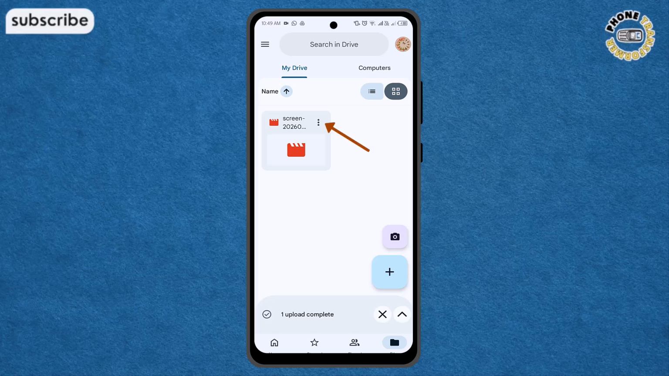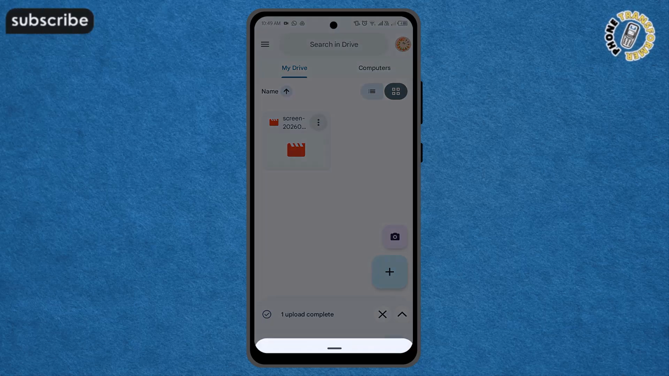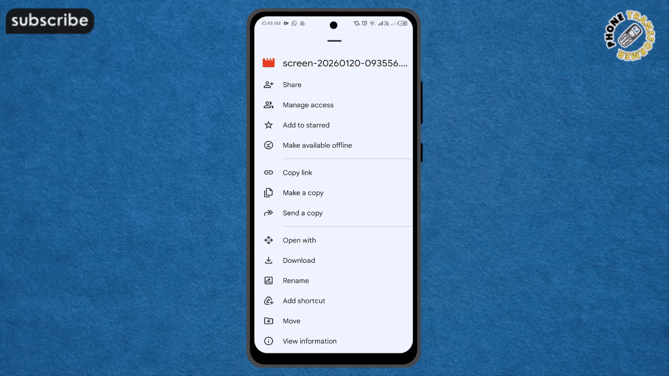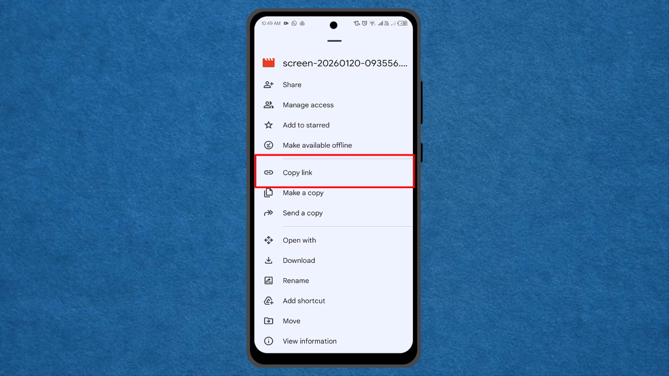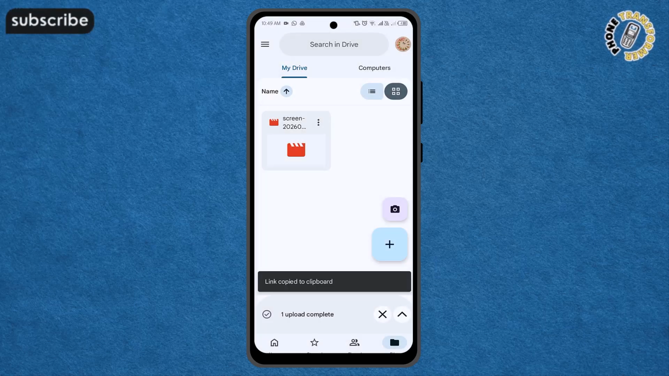dots icon located right next to the file name. These dots open up a sub-menu of actions that allow you to manage permissions and sharing settings. Step 6, click on the copy the link option from the list to save the direct web address of your